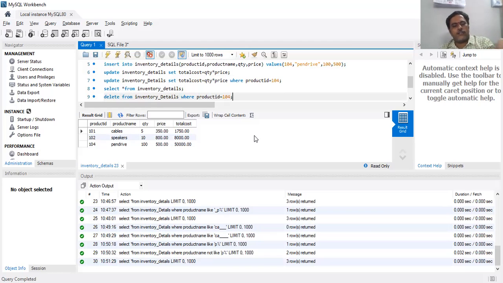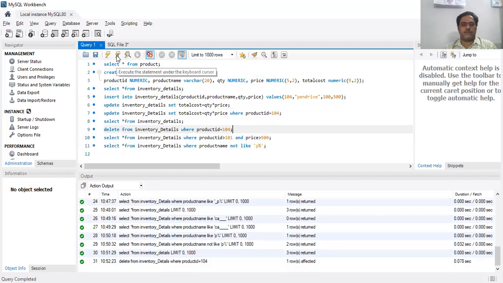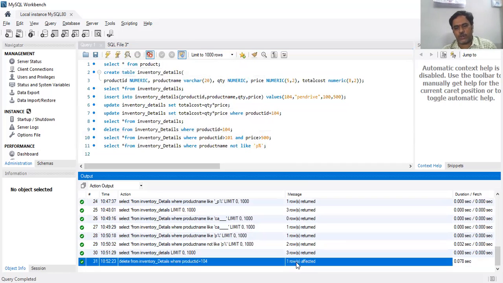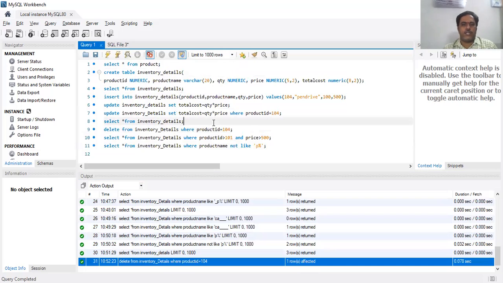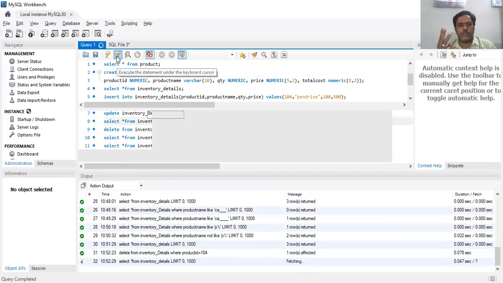It will search for the record which has product ID 104, and only that record will be deleted. See, here you can see one row affected. Go here and run the query, and you will get only 2 records now.